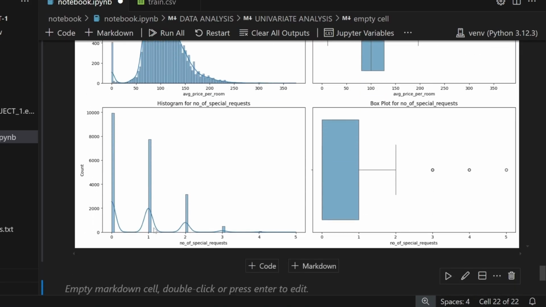Then we have number of special requests. Mostly people don't give any special request. Some people give only one special request, but there are some people who are giving 5 special requests. Like they want high floor, they want this view from balcony, they want this and this and this. Okay, they want everything according to them. So this is pretty much all the numerical columns and their